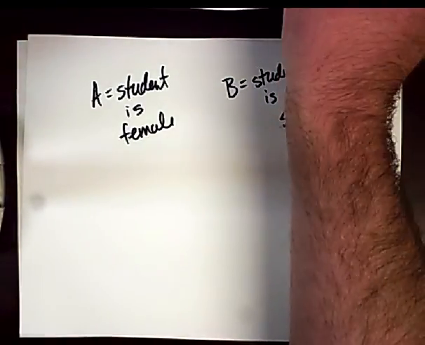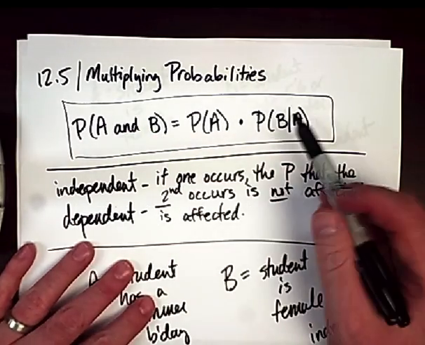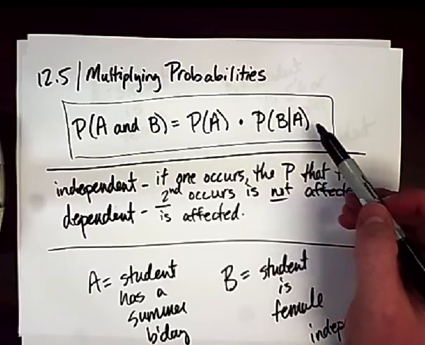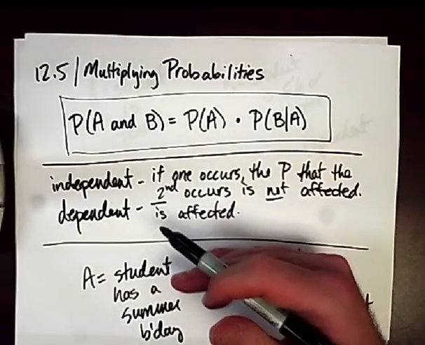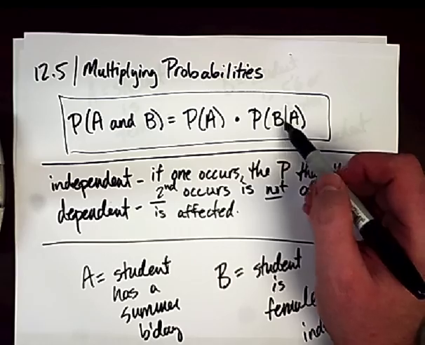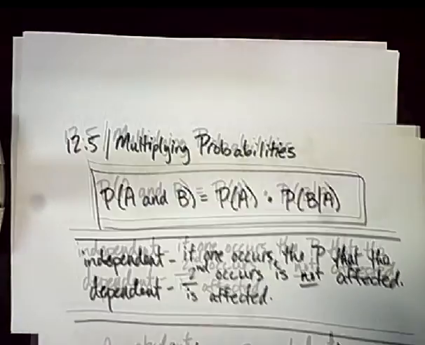So back to here, when you're given this formula, the probability of B given that A already happened, if they're independent, it doesn't matter. That's just the probability that B happens, because A had no effect. But if they're dependent, then you've got to assume A happened and find the probability of B. Okay? So